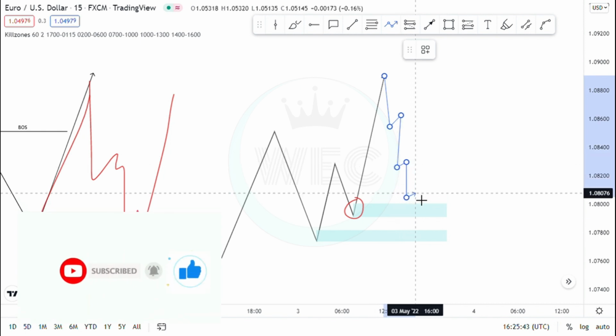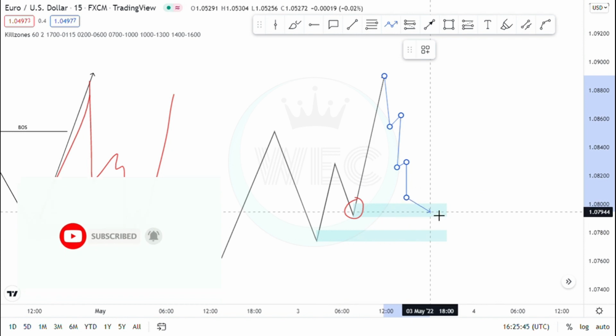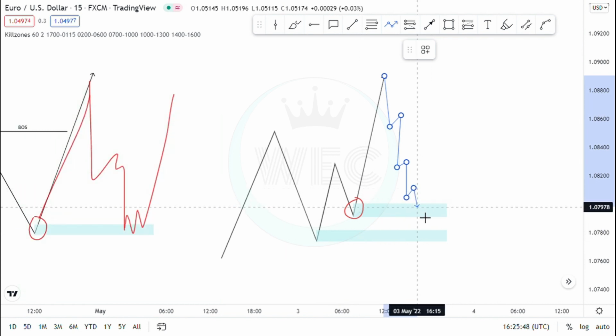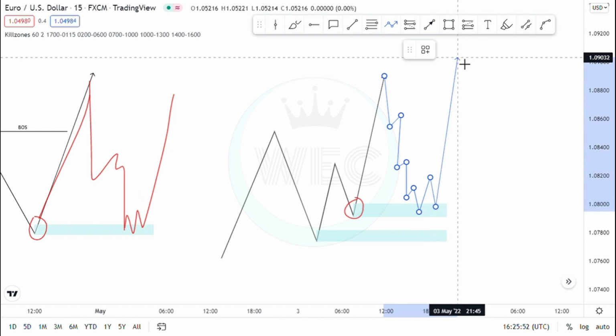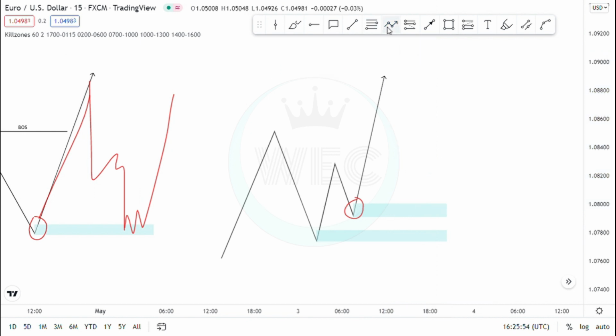Or what you have to do once we have two demand zones in here is to wait for price to give you that confirmation to buy, then you can buy to the upside. Okay, or sometimes we can have